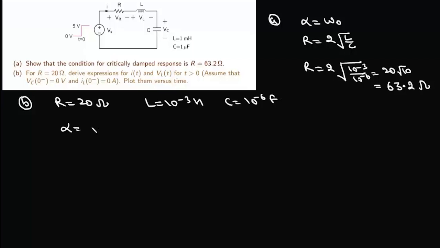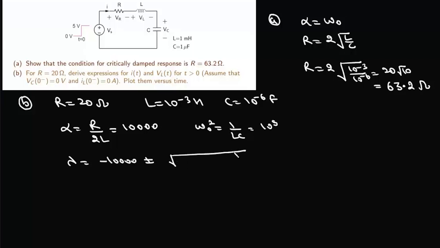Now here alpha is R/2L, which is 20 divided by 2 divided by 10 to the power minus 3. So there will be 10,000, and omega naught squared is equal to 1/LC, which is 1 over 10 to the power minus 9. So it will be 10 to the power 9. Now here lambda will be minus alpha, so minus 10,000 plus or minus the square root of alpha squared